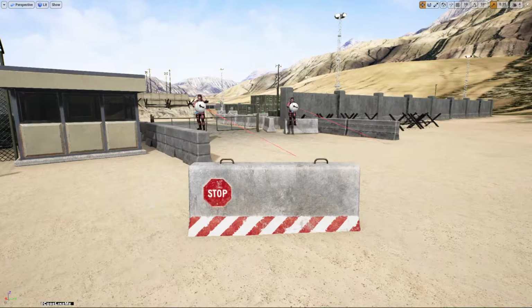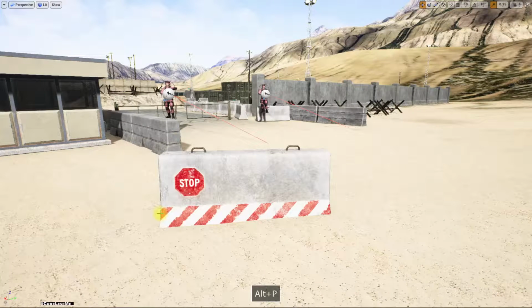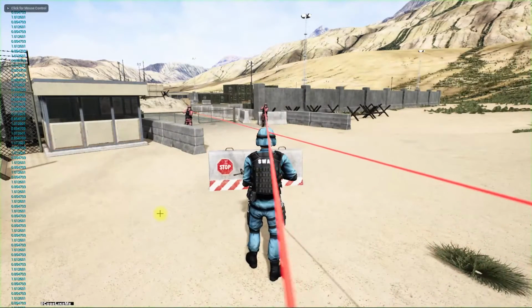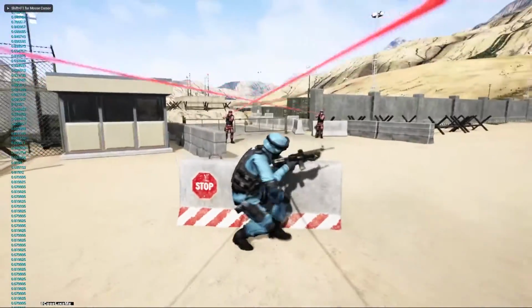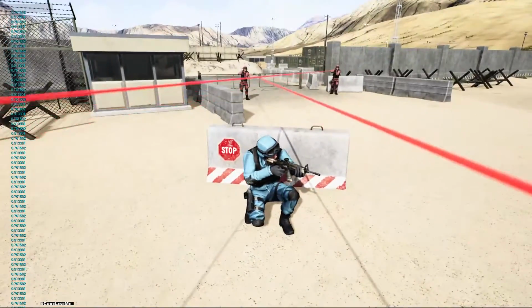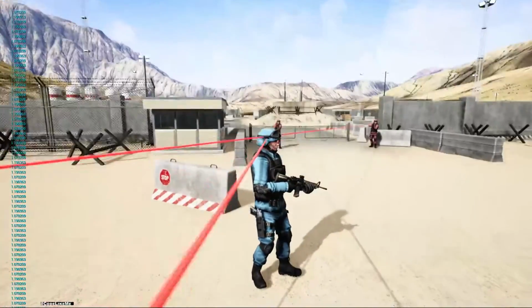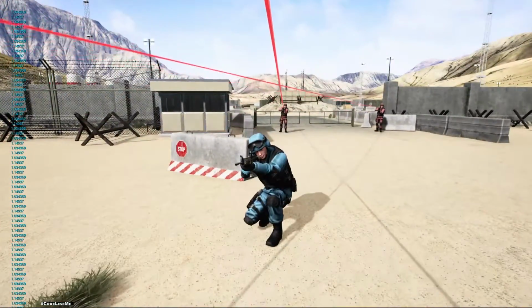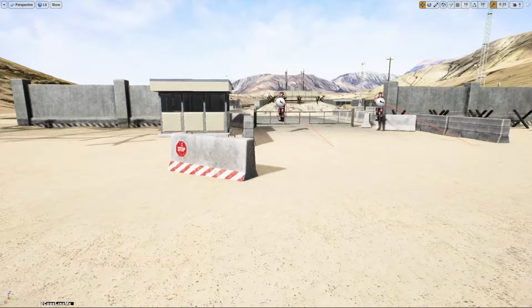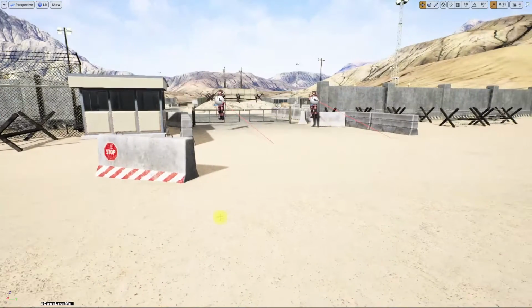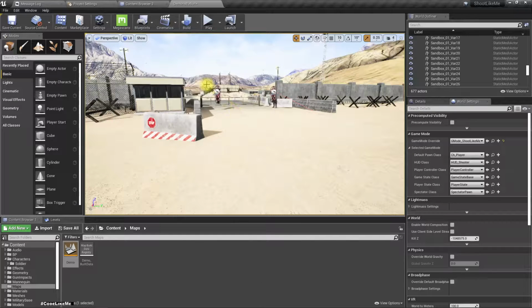Okay, so now these enemies can see me, so they start aiming at me. Now it's time to implement actual shooting. So this is what happens at the moment. The enemies keep aiming at me, but they're not really shooting. Okay, so to enable shooting,